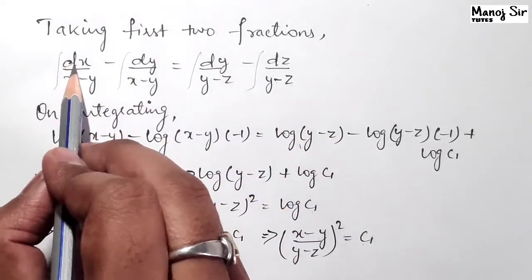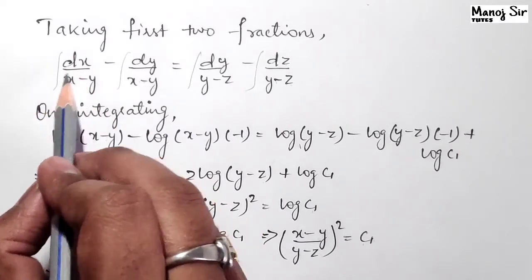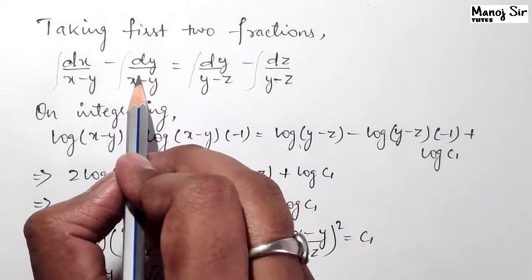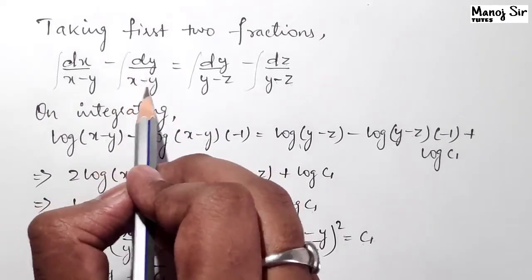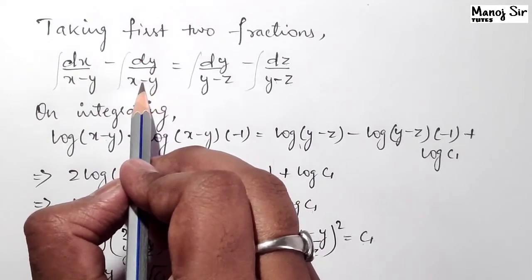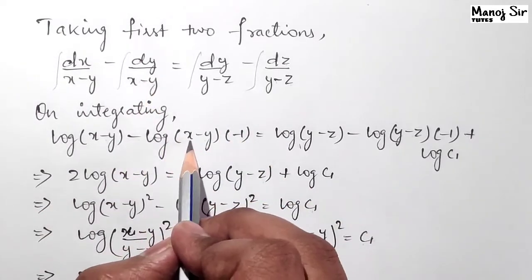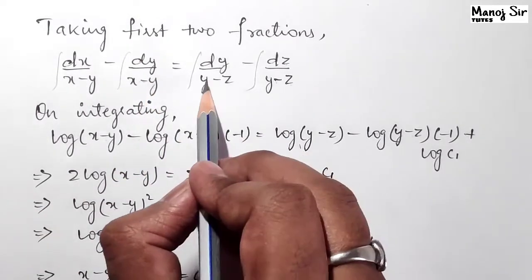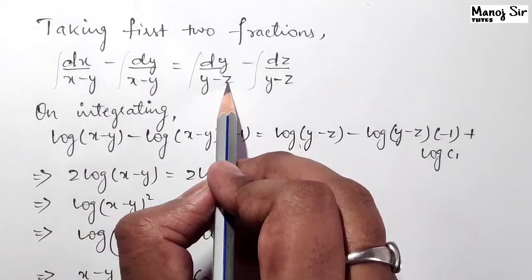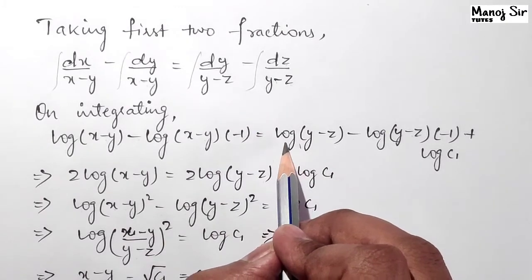Here we have the integration of dx upon x minus y. The integration of this will become log of x minus y minus log of, here we have the integration of dy upon x minus y. We are integrating with respect to y, and the coefficient of y is what? Minus 1. So log of x minus y into minus 1. Repeat the same here. That is, the integration of dy upon y minus z will be log of y minus z